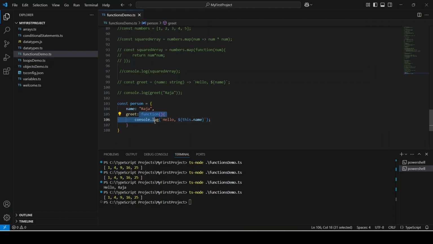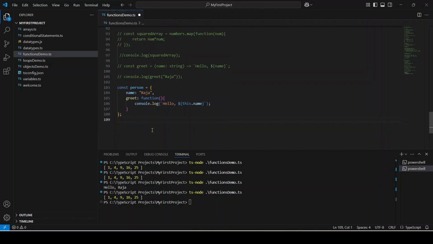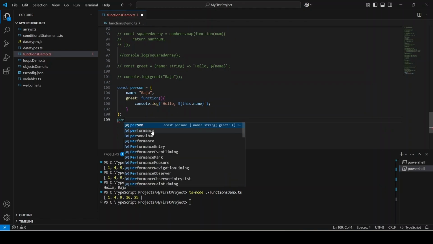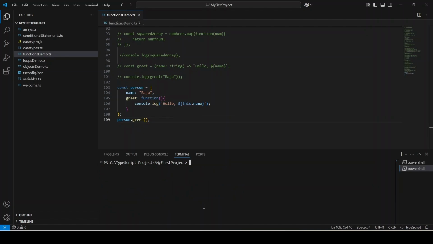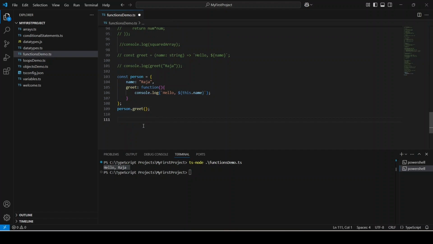We used an anonymous function here, and in that anonymous function we used the keyword this. So while doing this type of operations, it did not complain anything. And now if we try to call greet, simply we can see the output as hello Raja. So this is referring to the current object's value itself,